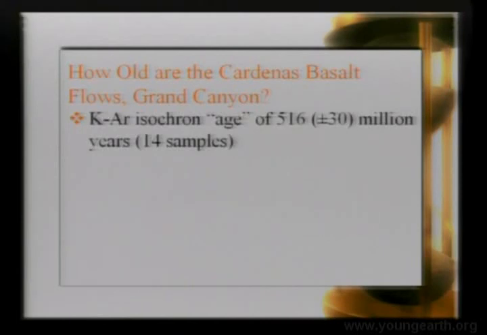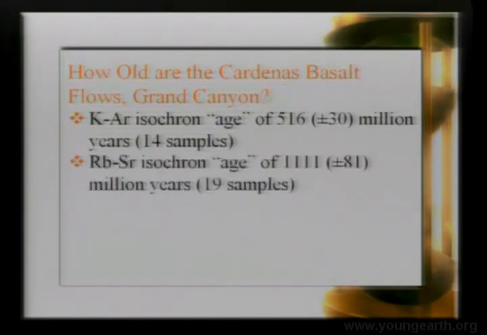What kind of results did we get? We got a potassium-argon isochron age of 516 million years on 14 samples. The rubidium-strontium age I referred to earlier on 19 samples of 1,111 million years. Now notice that. The rubidium-strontium age is more than twice the potassium